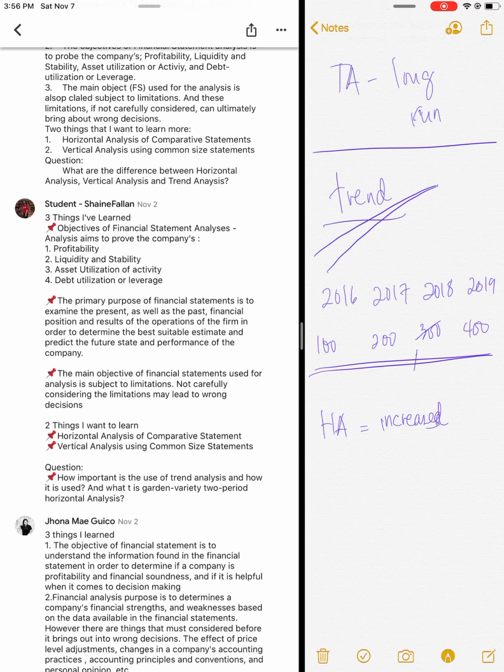Okay? What if this is 150 and this is 180? Increase, decrease, increase. So what is the trend? The trend is fluctuating. Ang hirap mag-invest sa ganitong klase ng company na hindi mo alam kung pataas ba siya o papaba. Masyadong risky ang pag-i-invest sa kanya. Okay? So, how important? Again, di ko kayang ibigay how important it is, pero ito yung purpose na siniserve niya. It depends probably on the purpose or on the interest of the